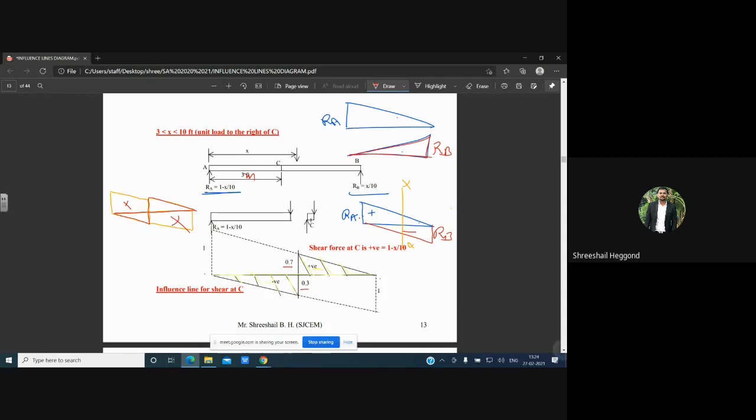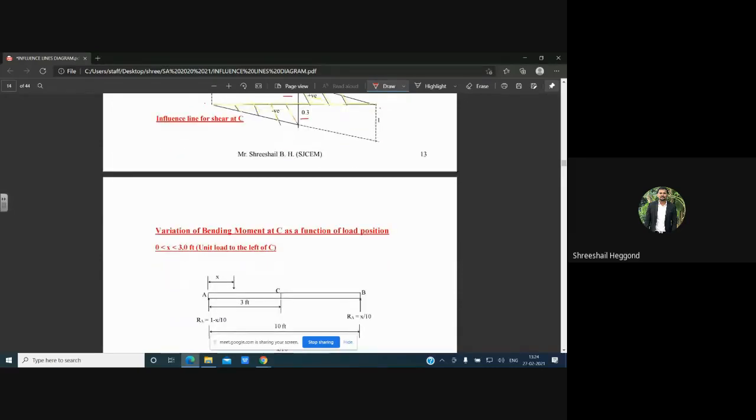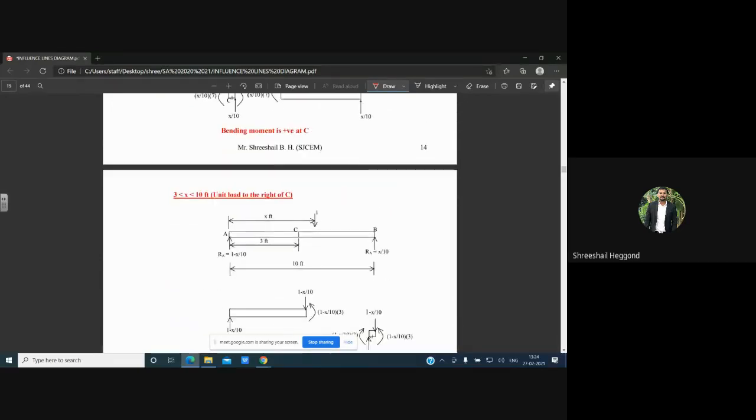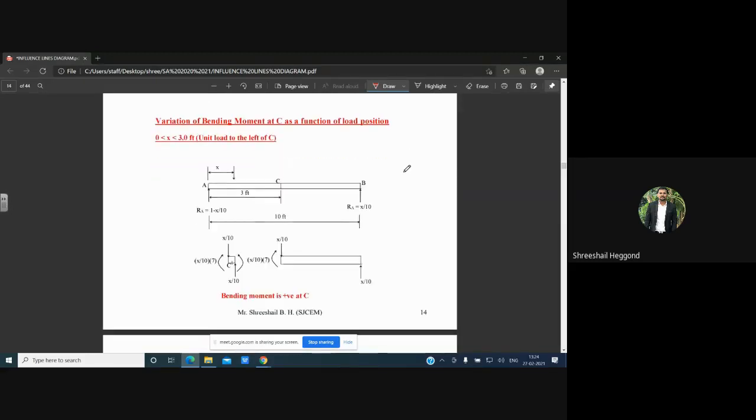So the next component is the bending moment diagram. That can be drawn as follows. The bending moment diagram for a simply supported beam will always have this structure, this is our basic structure. If you are considering any section at point C for the bending moment calculation, the bending moment diagram will be like this for a simply supported beam. This we have studied in your previous subject also.